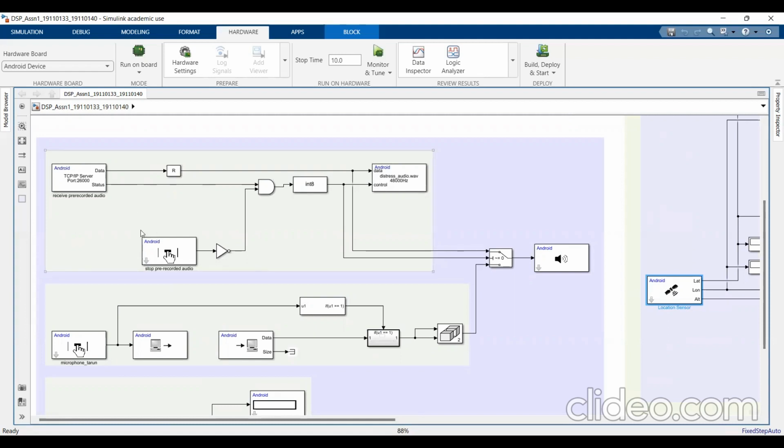Also we have set a button here, and that button is used with an AND gate and a switch, and it's connected to the status of the TCP server. And here we have used a small converter to convert the data type, and it is sent into the control type of the audio write file. After that, we have used a switch to integrate it with the live audio. That's again connected